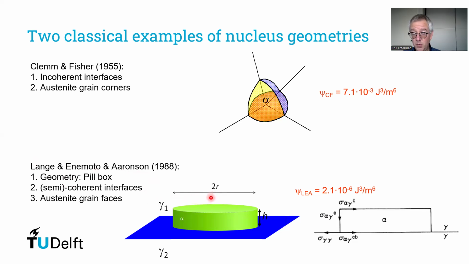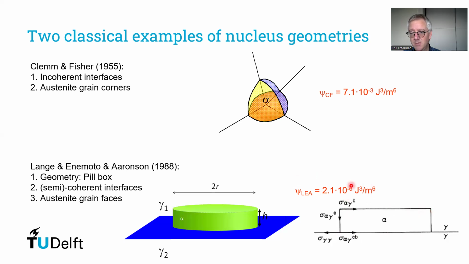And this model has the shape of a pillbox, and it contains coherent interfaces here at the bottom and here at the top, indicated by the C. And the edge of the pillbox is semi-coherent. And the idea here is that the coherent interfaces are low in energy. In other words, the